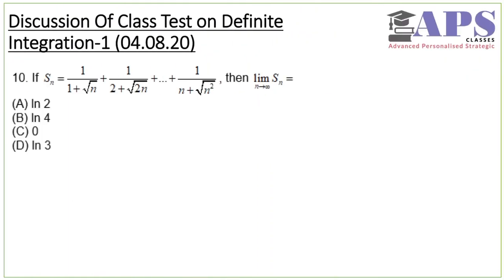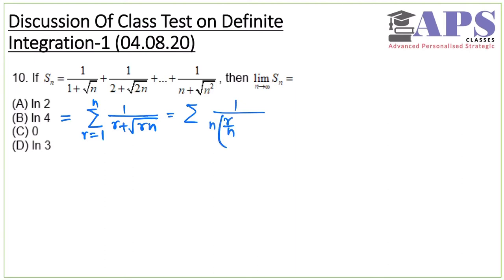Question number 10 is a direct application of definite integration as a limit of sum. I can write this as summation 1 by (r plus root over rn), where r is equal to 1 to n, and before that I can put a limit. So we'll take the limit later. So this is equal to, I have to take a 1 by n outside. Let us take n common here, 1 by n, if I take n common from this, I will get r by n common, and that n will go inside here. I will get root over of r by n. Okay, that gives the correct expression. Therefore, r is equal to 1 to n.